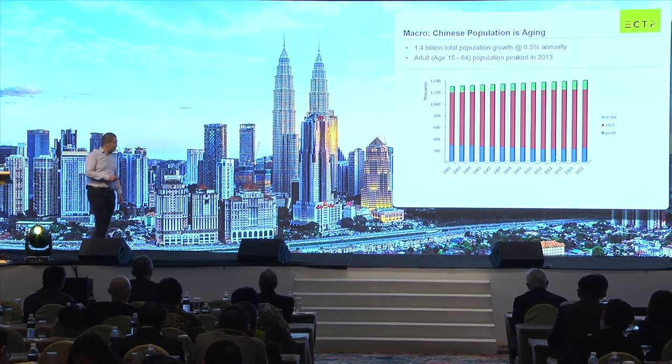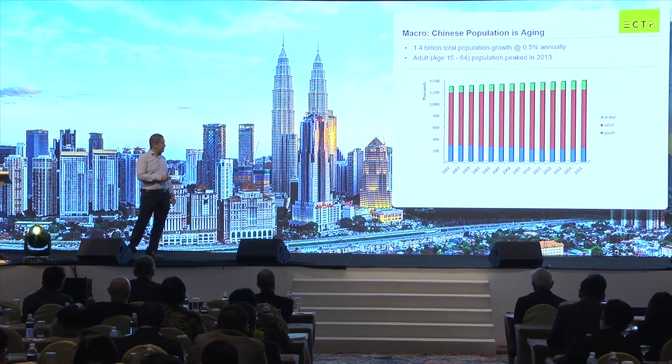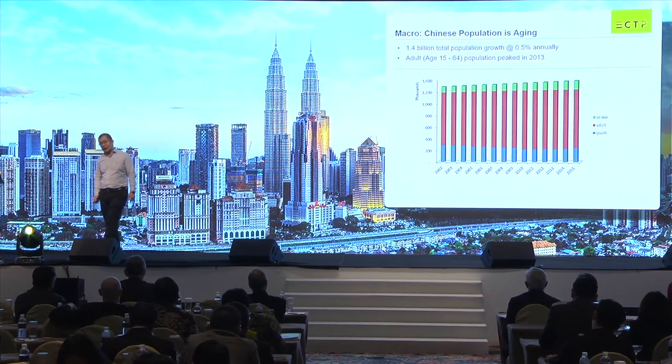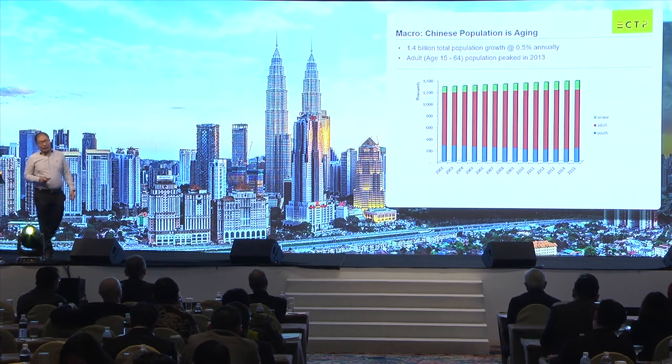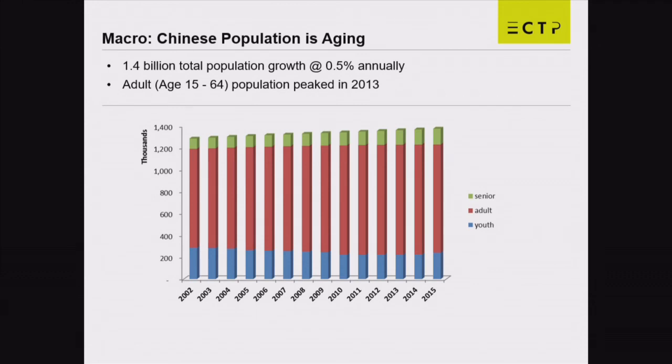So in 2013, the adult part of the population actually reached its peak. Starting 2014 and 2015, it started to shrink. What does it mean? It means that despite a 0.5% overall population growth, which is already quite low in the developing world,